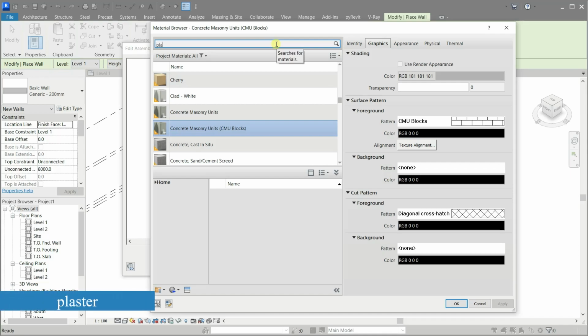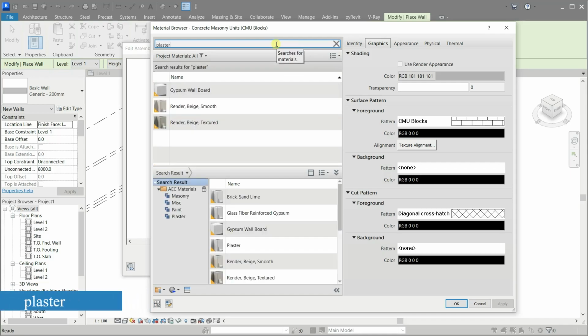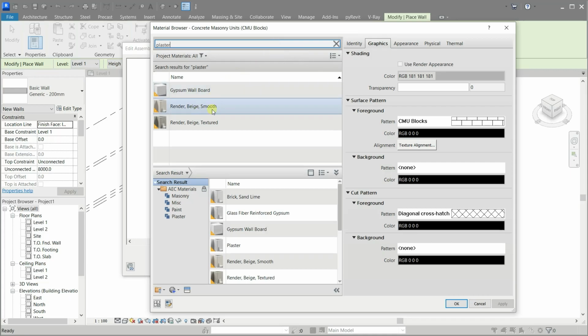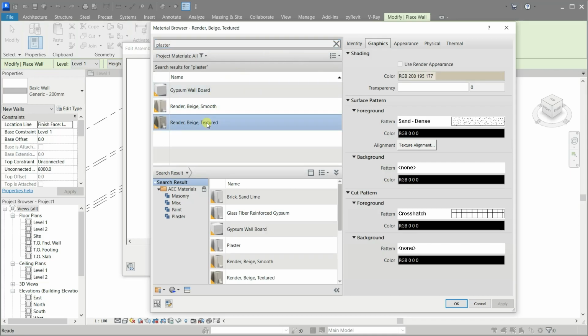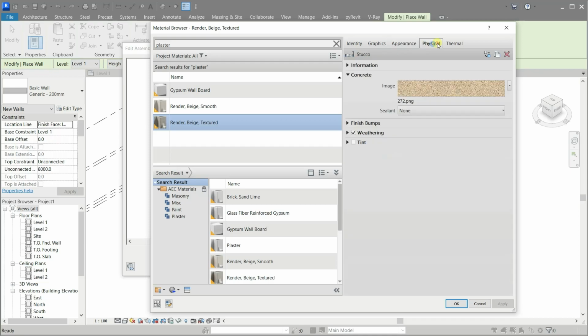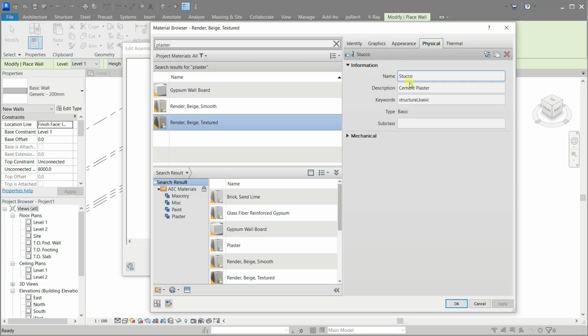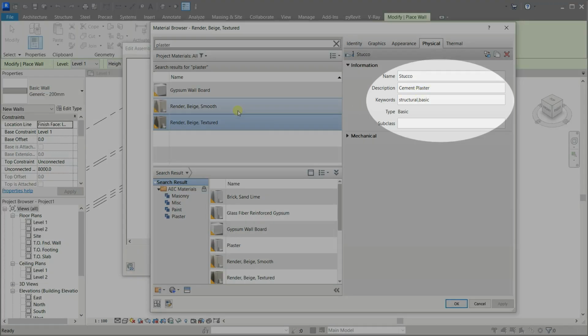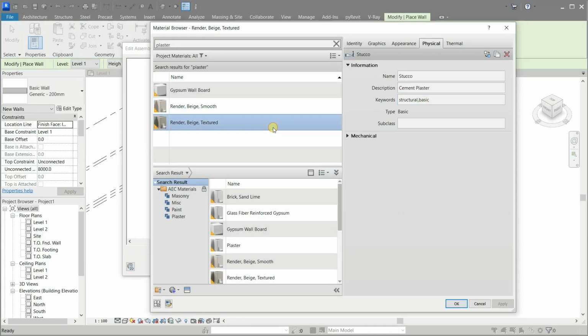In the search bar, type plaster. I want you to notice the physical tab of these materials. You will find cement plaster even though the material name is render something. Choose one of them.